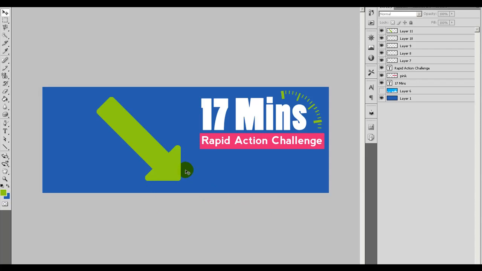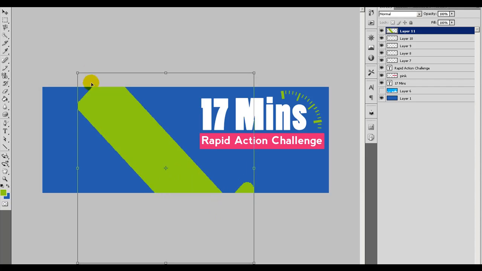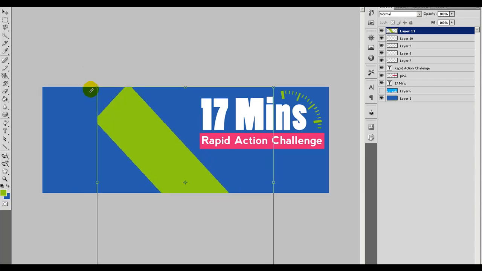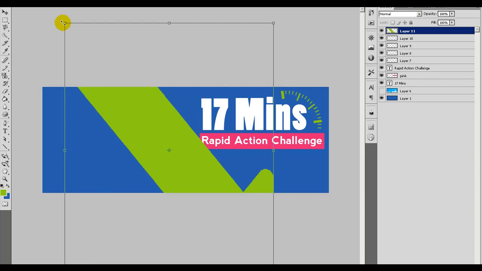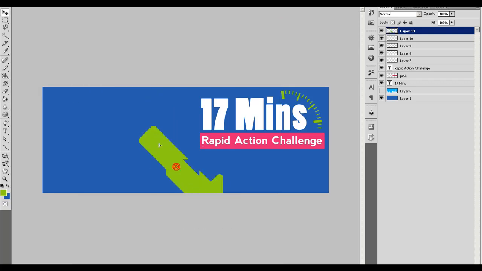I'm going to create this anyway in the spirit of the 17-minute challenge, and then I'm going to find out whether I'm breaking any rules by doing that. And then obviously I'd have to change the arrow, maybe even to just a line. I could just do something like that, and that'll draw the eye to where I want them to view anyway, because the eye automatically follows the color. So even if I'm not allowed to do the arrow, which I've just got this feeling that we're not allowed to do anymore for some reason,